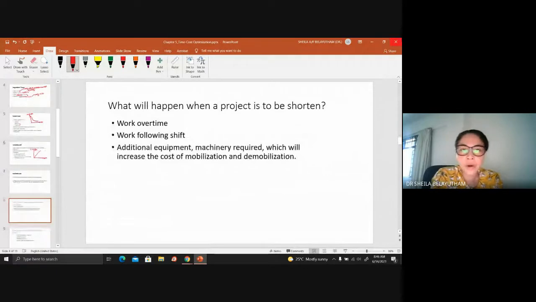So what will happen when a project is to be shortened? Sometimes it comes to a point where we need to shorten a project. Usually the short-term measure that we carry out when a project is to be shortened is to work overtime. This is quite common in construction. Sometimes when we are in acceleration mode, when we are trying to reduce a project duration,